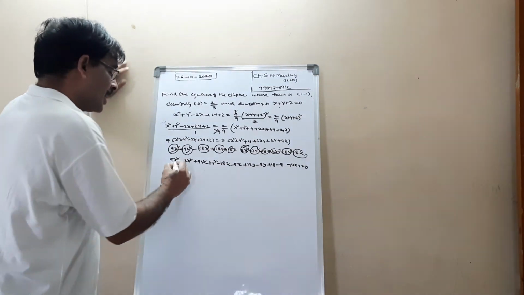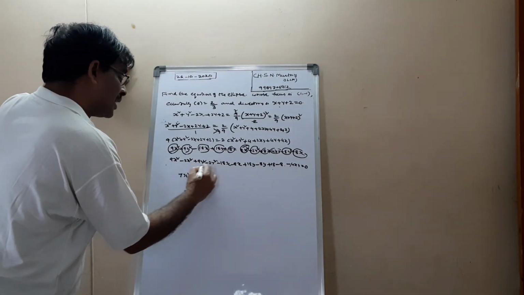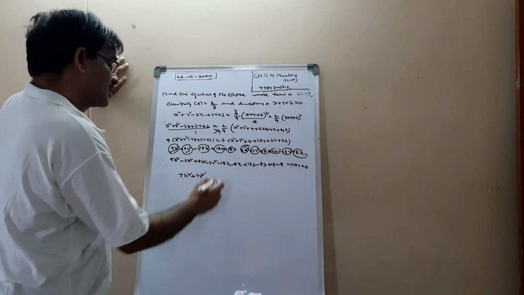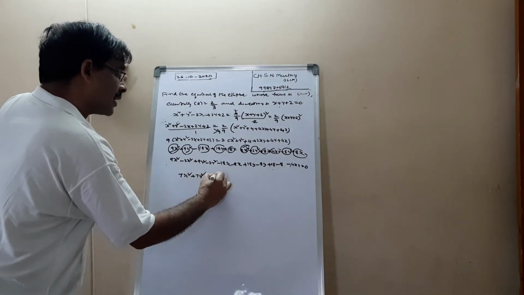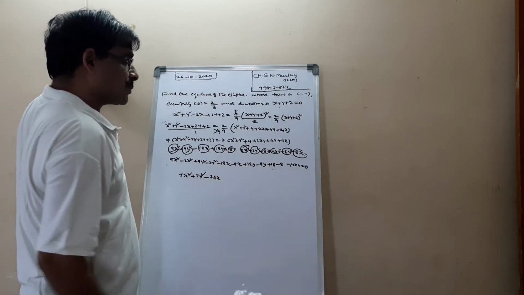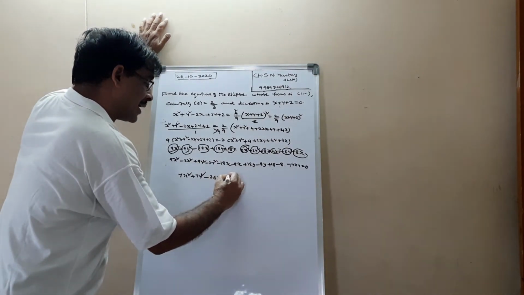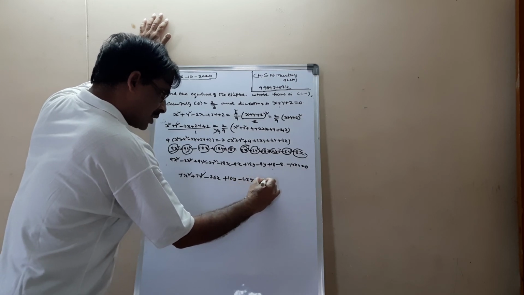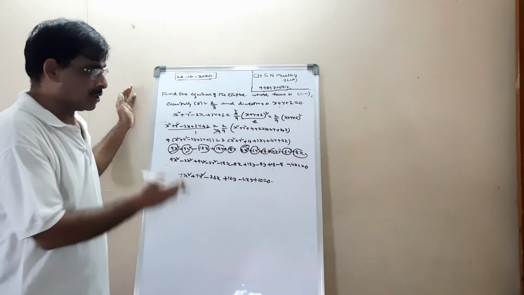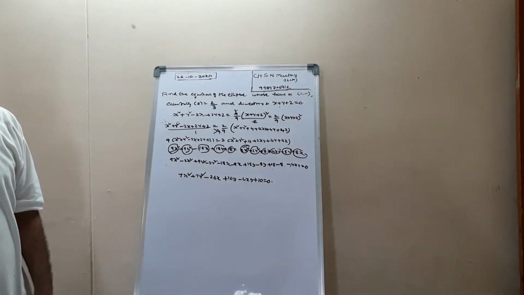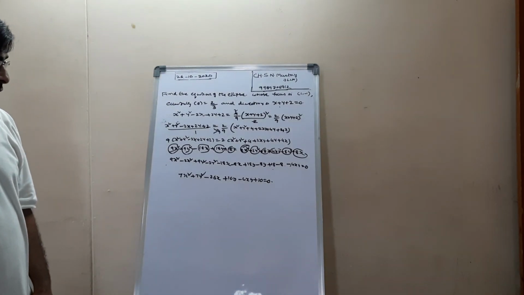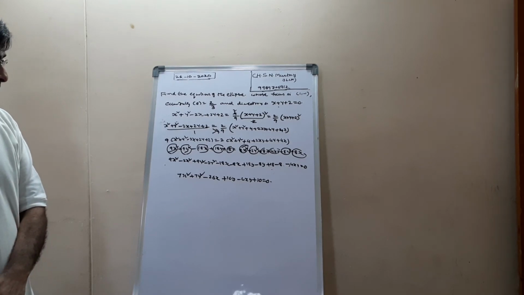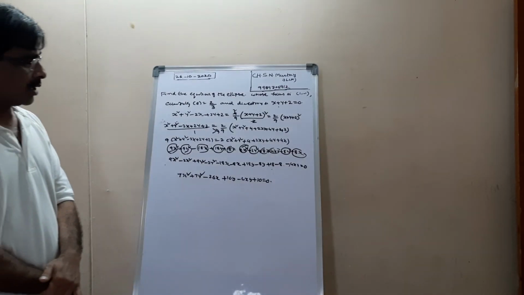Everything is fine. 9 minus 2 is 7x square. Here also 7y square. 18 plus 8, both are minus, so that is 26x. 18 minus 8, that is 10y. Minus 4xy plus 10 equal to 0. Once you check the answer here: 7x square minus 4xy minus 26x plus 10y plus 10 equal to 0.